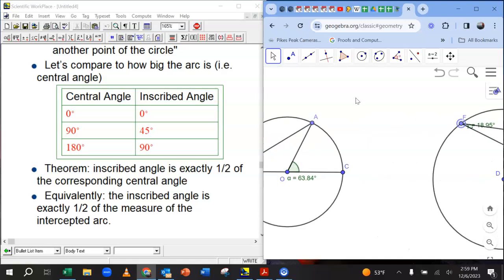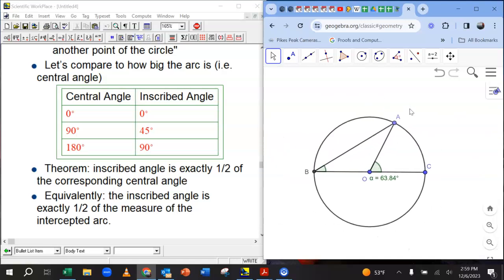So let me go back. I want to prove this real quick in this very special case. This was the special case where one of the sides of the angle happened to be exactly a diameter. And you can totally prove it in the totally general case, of course. But here it's just pretty easy to prove. What I'm going to do